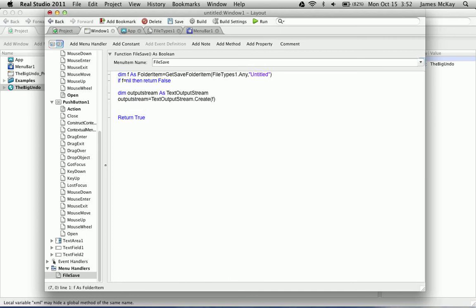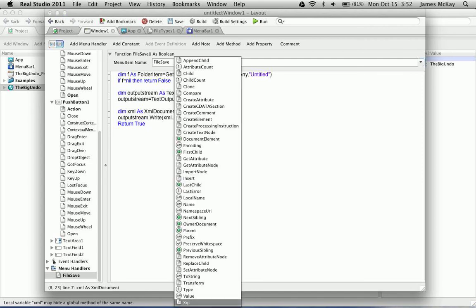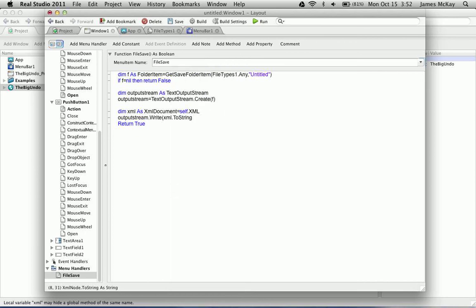So basically to write this out, we're going to get an XML document that is the XML property of the window, and then output stream dot write XML dot toString,